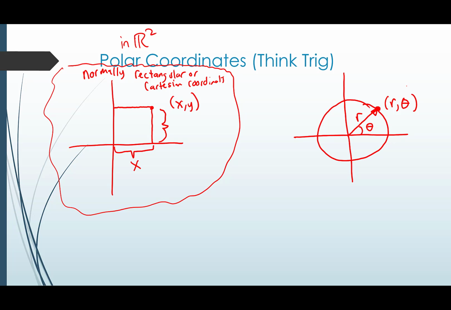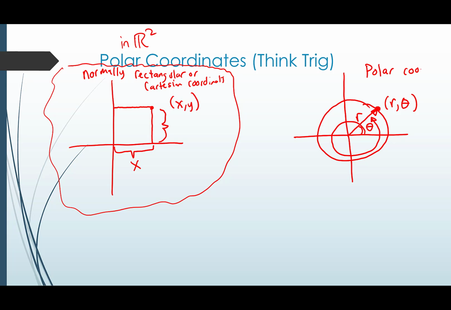Now you can actually choose different thetas. Like we could have picked theta to be, well, we go around one more revolution or what have you. We're not going to get too much into that, but in any case, that's a way you can think about this point. So it's sitting on the circle of radius r, and it makes an angle with the positive x-axis theta. Okay. So this is what we would call polar coordinates.